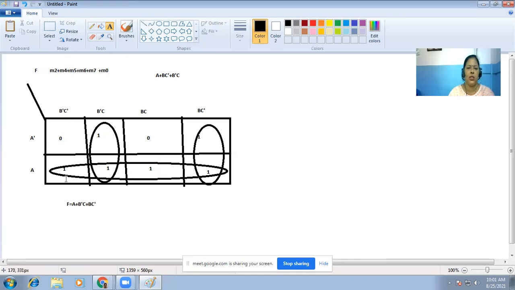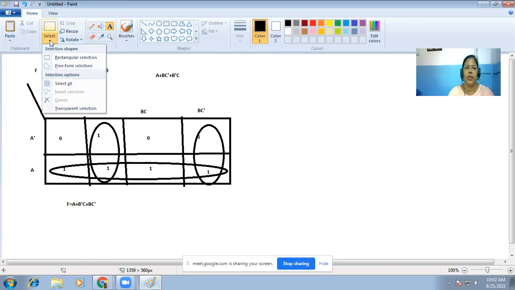One quad is this one, A, another quad will be these two 1s and these two 1s. So A bar is changing. So from the column we are getting only C bar fixed. So in this case it will be A plus C bar. So here we have tried almost different combinations. So now I think you are confident with this 3 variable simplification, right?